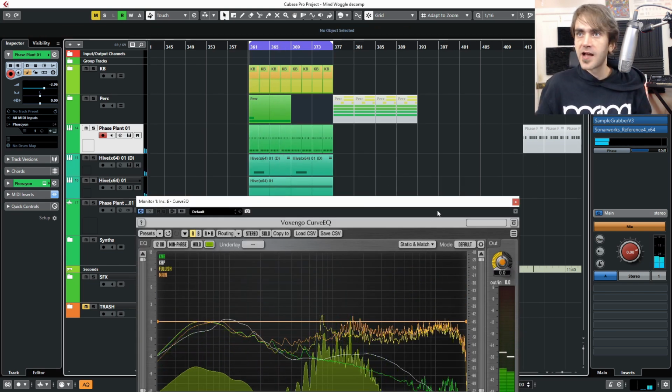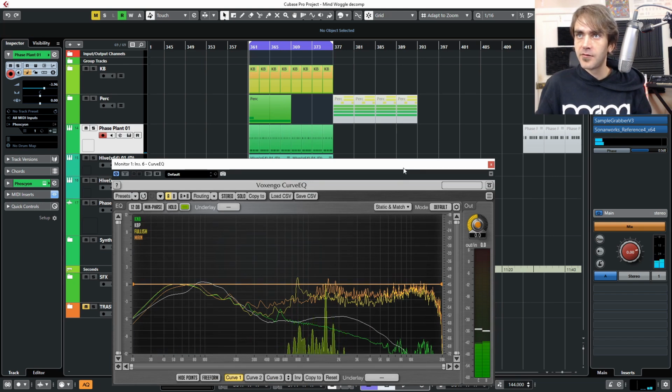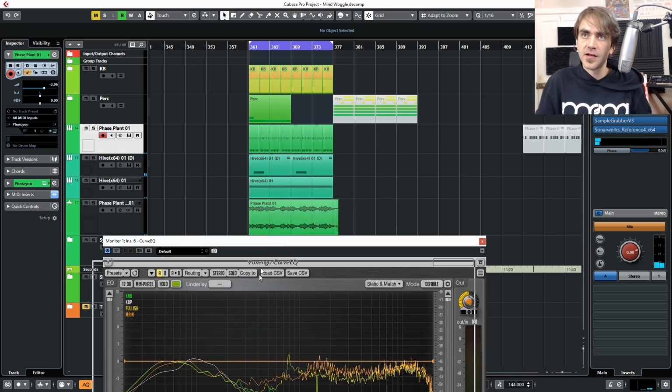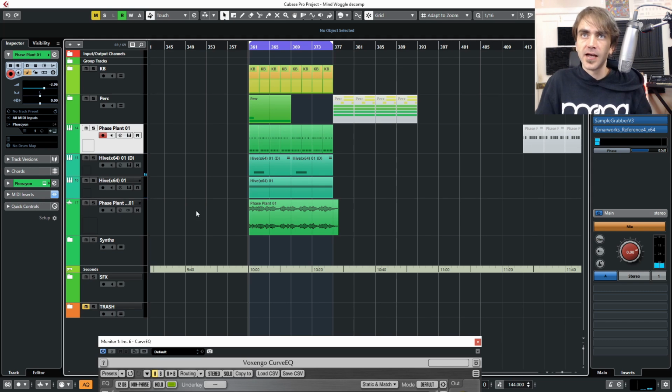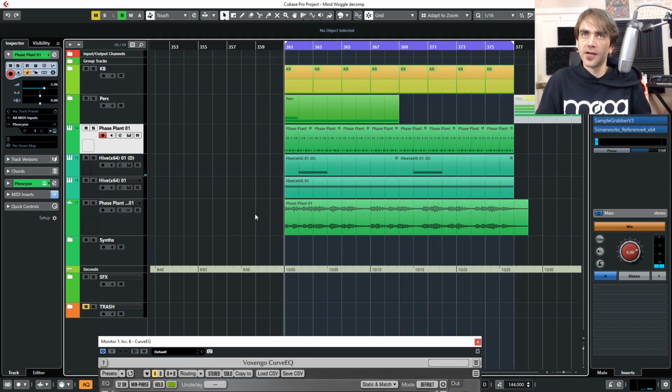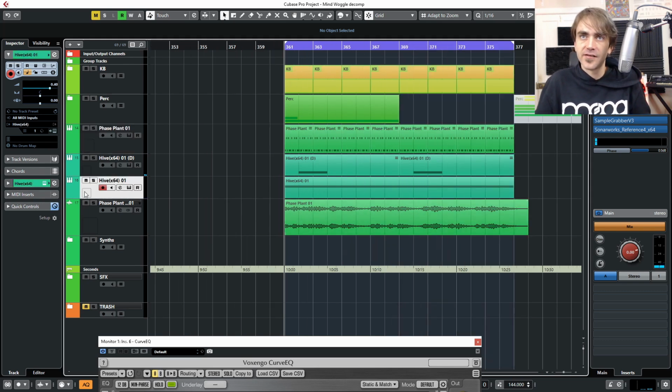So the very, very high frequencies here, I'll generally save for the percussion and stuff like that, which I'm going to get into now. But let's just have a look at using stereo placement to get a bit more clarity out of each of these elements. So this sound here,